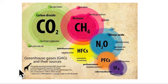So this graphic shows the relative effects of the different sources of greenhouse gases. Notice that the three that I mentioned are listed here. Here's carbon dioxide in green, methane is in this kind of pinkish red, and nitrous oxide is here in blue. There are other greenhouse gases that I did not mention that have a similar effect. However, their effect is smaller. It's a complex issue, however, because